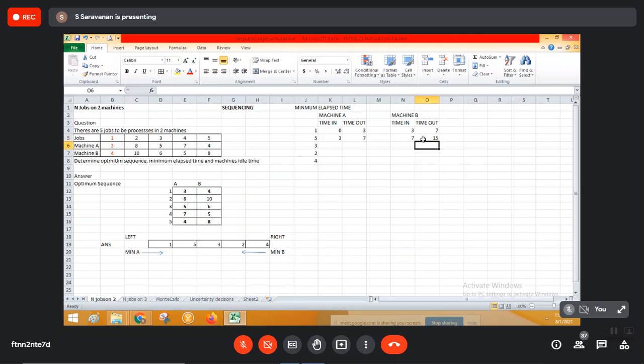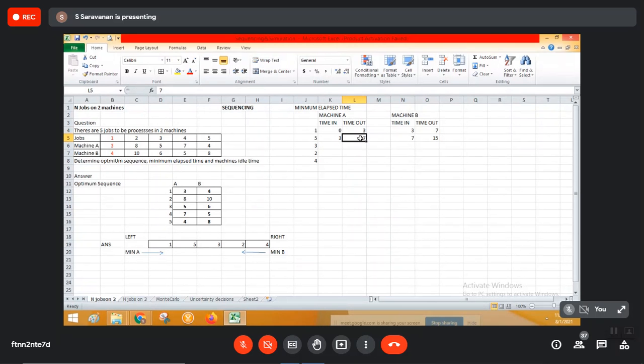Sorry, sir, I want to ask: why are we not starting from 7? Why are we starting from 3 in the fifth process? Because, in the fifth process, you see, the first activity of machine A is over by 3. After 3, that machine is now free to process the second activity, right? So it has taken the job at the 3rd minute. After the 3rd minute, it took 4 minutes to complete the job. So it is now 7. At the 7th minute, the job is coming out.